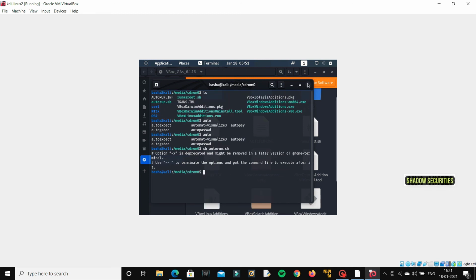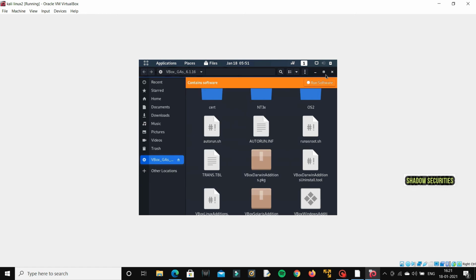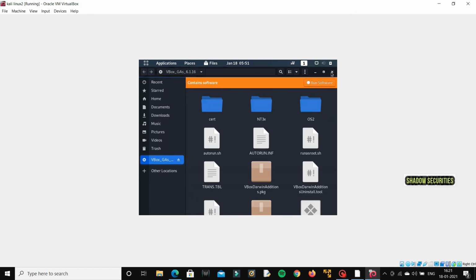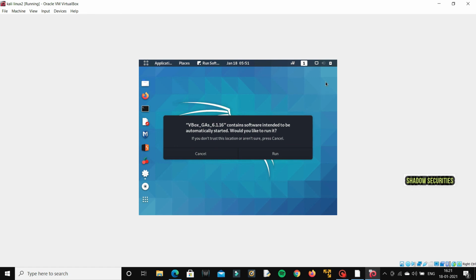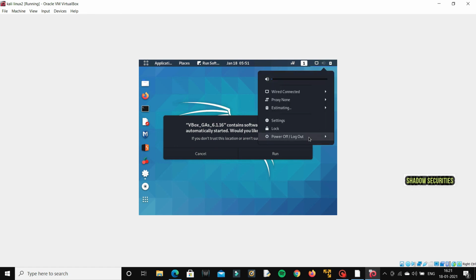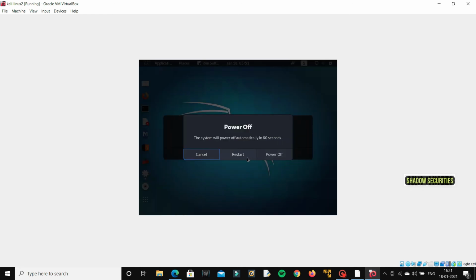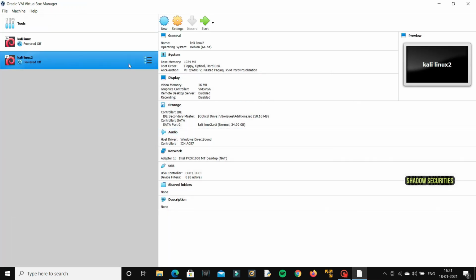So after this, power off your machine and restart your machine. Simply go to the top right and power off your machine or restart your machine. Any option you can choose. I'll go with power off and I'll restart the machine again.